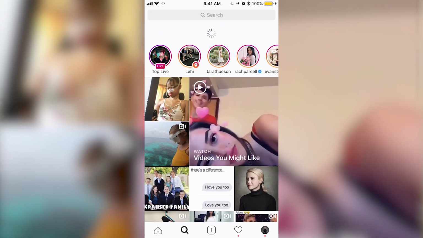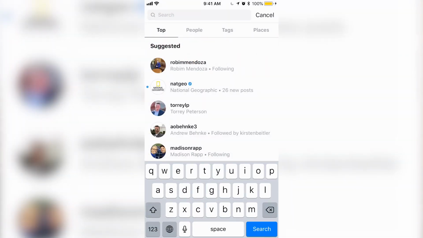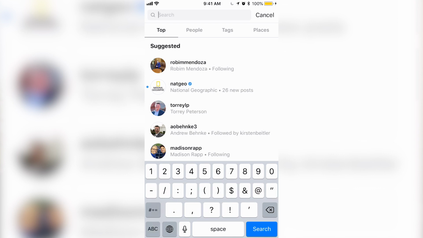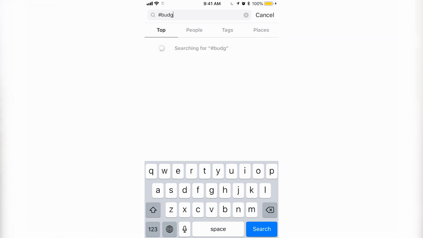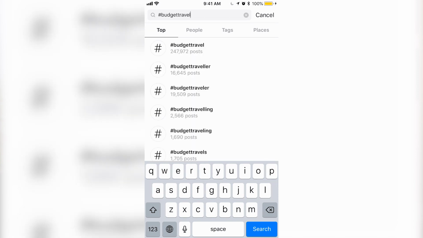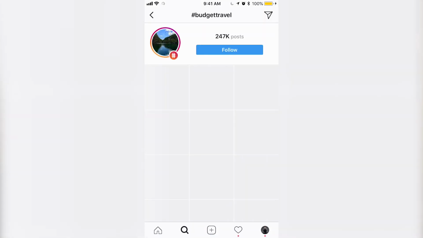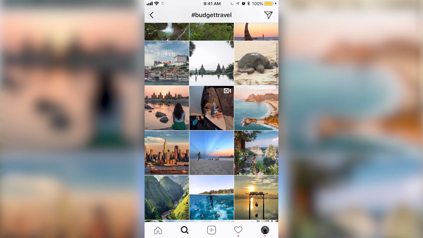So what I'm gonna do first is click on this little magnifying glass right at the bottom of Instagram, and I'm gonna think to myself, okay, what do families look for on Instagram? What are the hashtags that, if I were sitting in my client's shoes, in my client's house, what would I look for? Okay, so I'm going to do a hashtag budget travel. Okay, there's about 250,000 posts on budget travel. Okay, so I'm going to look that up, and then I'm going to look and see, okay,